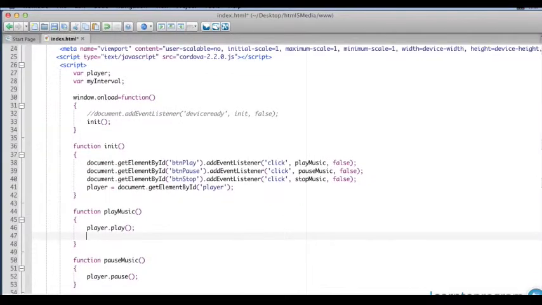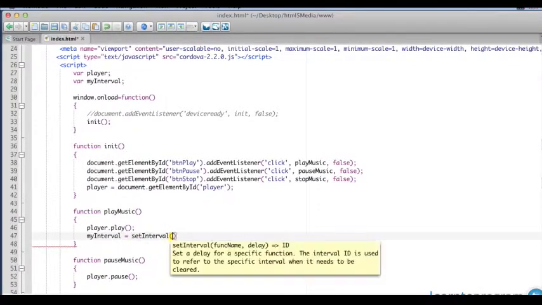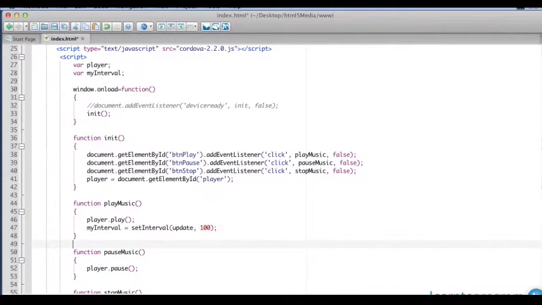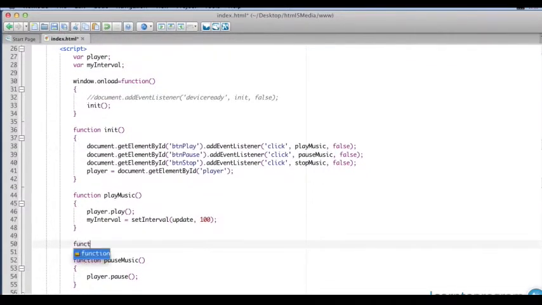All right, so play music. So now myInterval equals, and I'm going to use the setInterval method. For setInterval, the first argument that we give it is the function name, which is going to be update, and then the delay, which is going to be 100 milliseconds. So now on the update function,